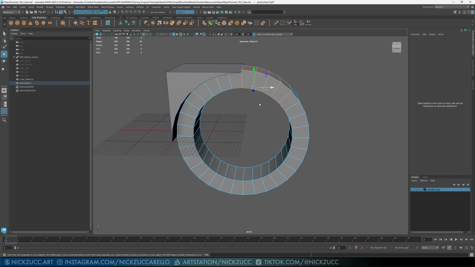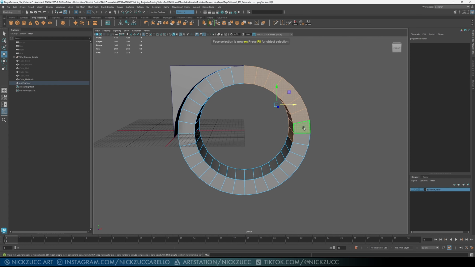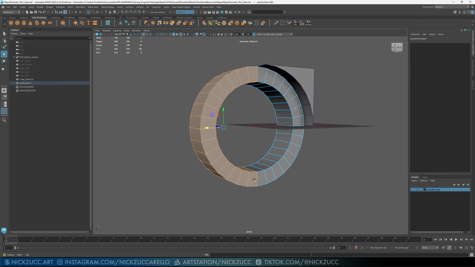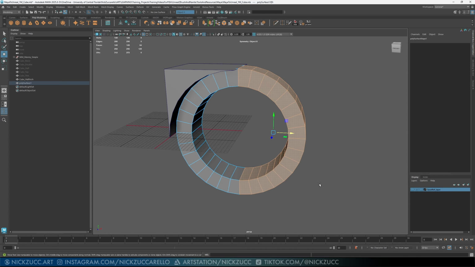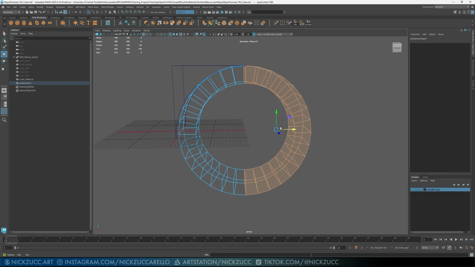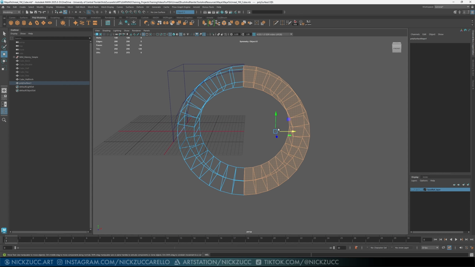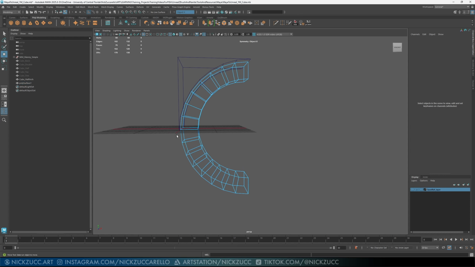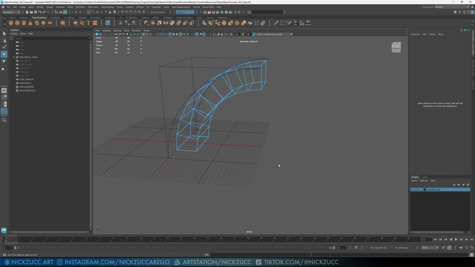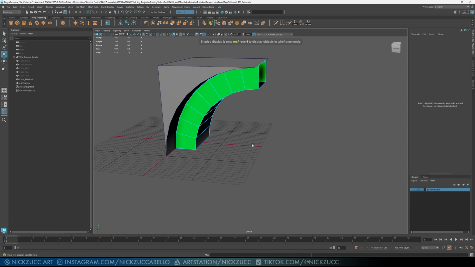So I'm going to do F11. I like to use the hotkeys, so we can select faces, or you can just right click in there, say face. It's up to you. And I'm just going to drag a marquee over this chunk right here, and I'm going to rotate around, just check to make sure you didn't select through anything weird. If you don't want to do that, you could just tap 4 for wireframe view. You can see through it. I'm just going to hit delete or backspace, and I'm going to get rid of that part, and I'm going to get rid of this part right here, like that,